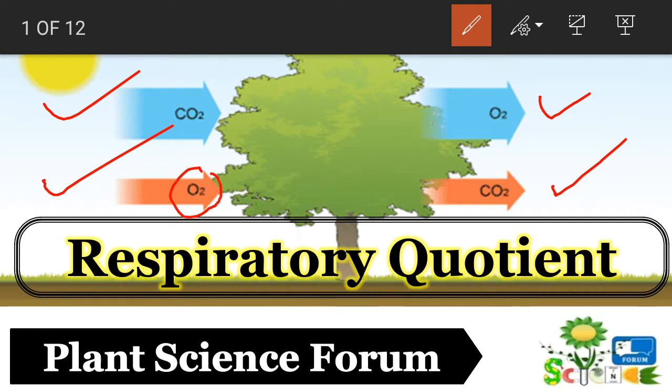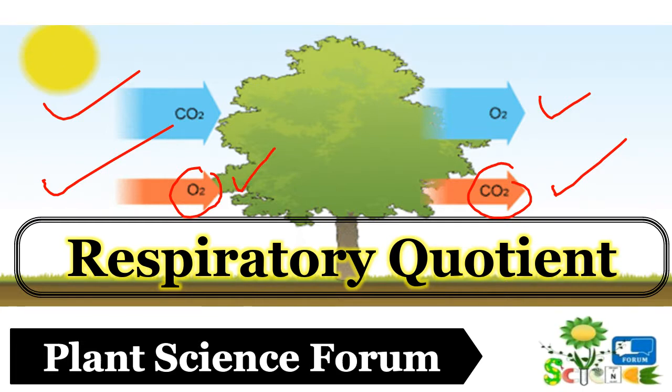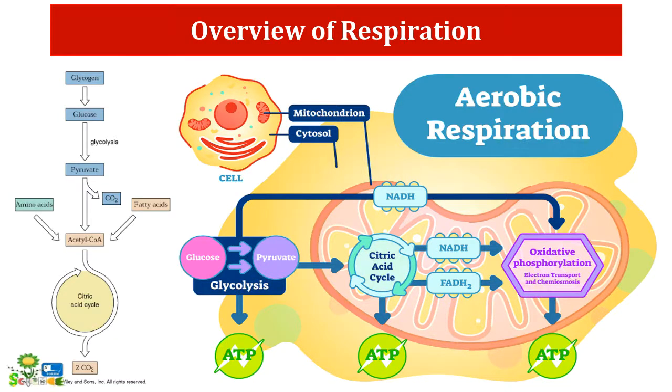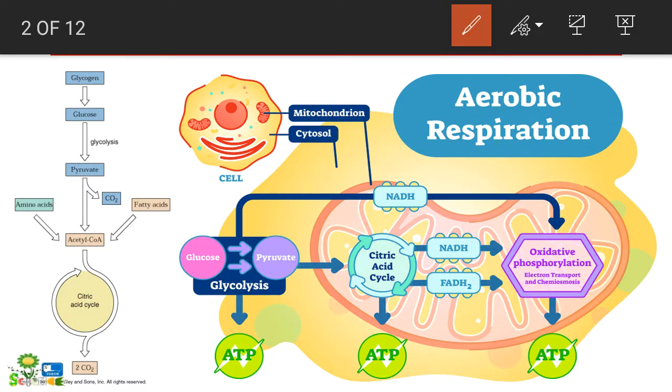So we are studying the process of respiration in arithmetic terms, where we calculate the amount of carbon dioxide released and the amount of oxygen required for the process. Before that, have a brief look at respiration. It begins with the 6 carbon molecule glucose, which is converted into a 3 carbon molecule pyruvate via glycolysis. Then pyruvate forms a 2 carbon compound, acetyl coenzyme A, with decarboxylation. This is the connecting link between glycolysis and the Krebs cycle.